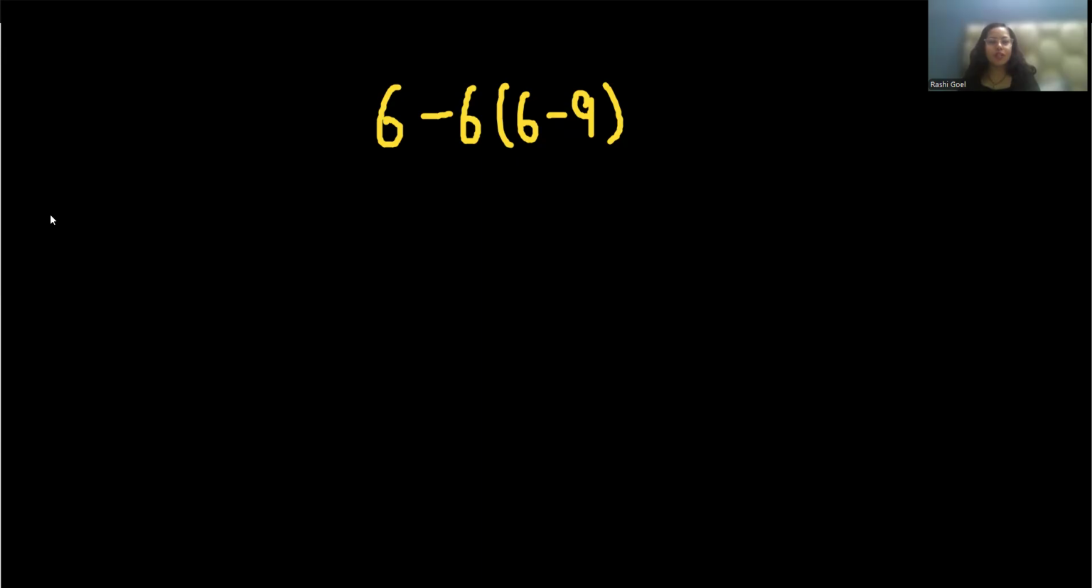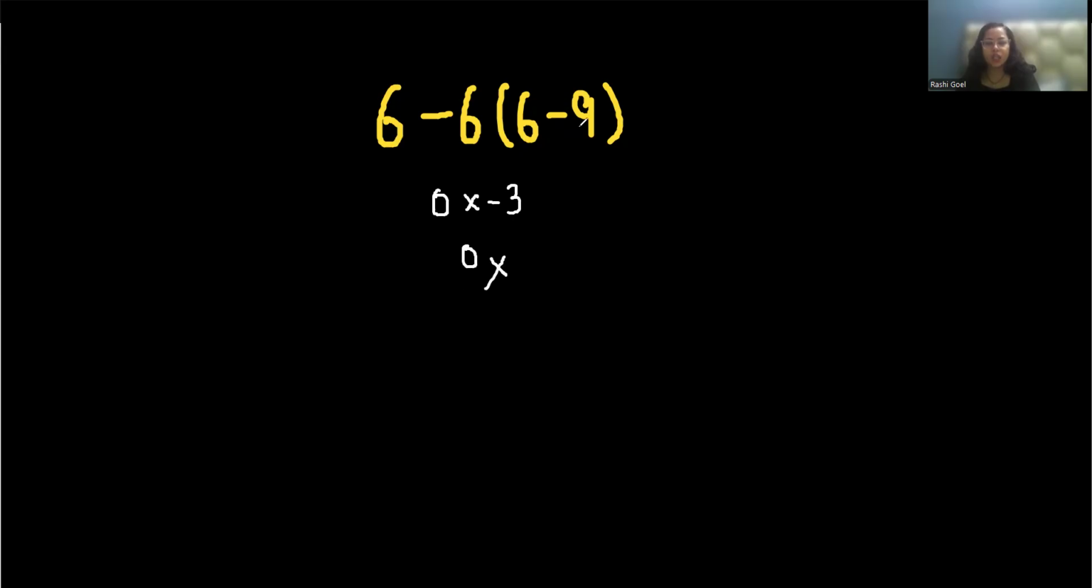So we have been given the expression 6 minus 6 bracket 6 minus 9. So let's start with today's video solution. People solved it as 6 minus 6 is 0, multiplied by 6 minus 9 is minus 3, and they reached the answer 0,